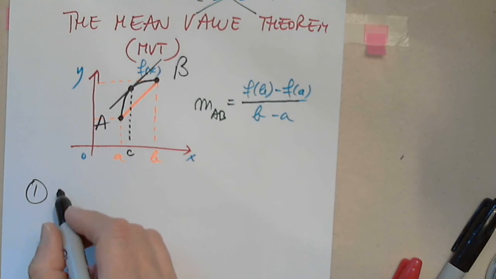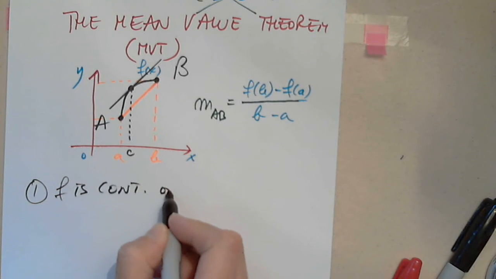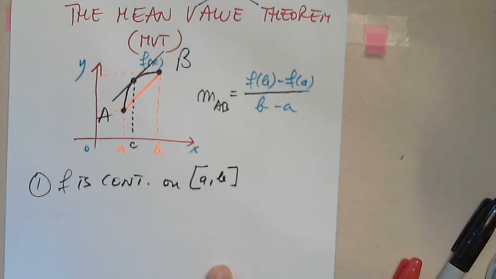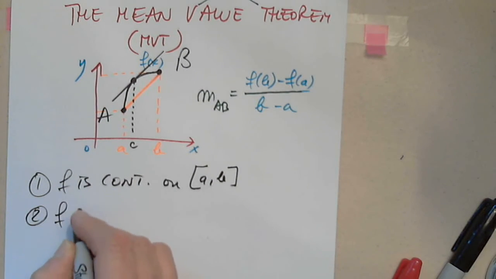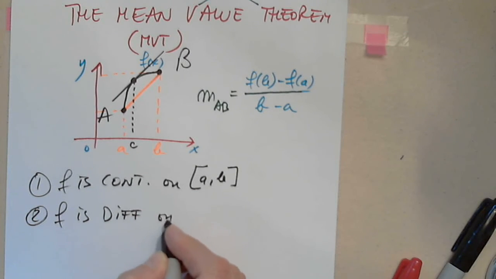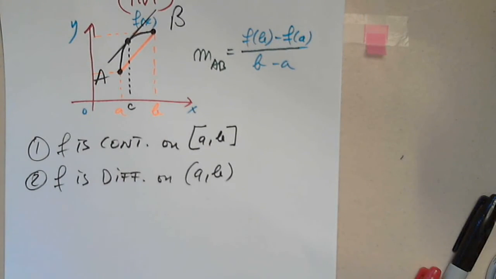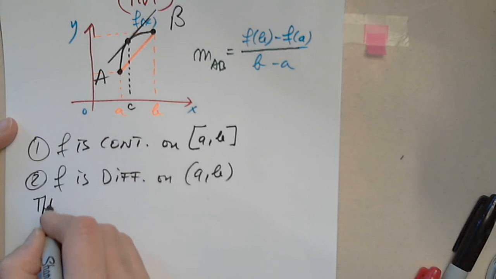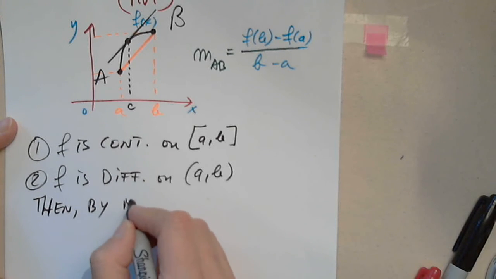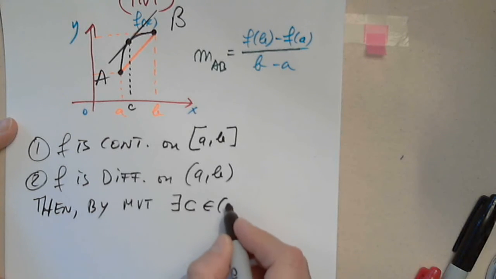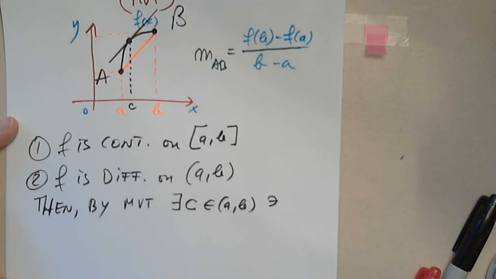Number 1 is f is continuous on A comma B. Would you agree? Good. And f is differentiable on at least the open interval A comma B. No other hypothesis here. Then by MVT, there exists at least a C in the open interval A comma B such that,